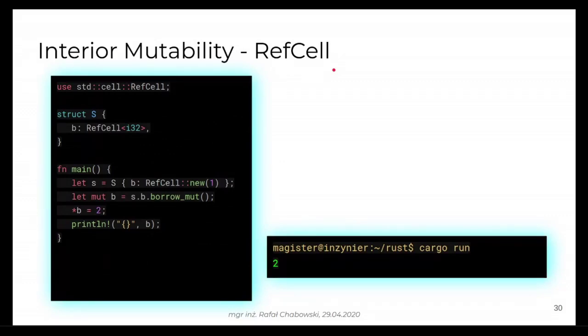Okay, here's a similar example with the RefCell. By using RefCell, you need to explicitly gain access to the value stored inside. You need to ask RefCell if you can borrow this value mutably. Internally, RefCell will make sure that you cannot do it more than once at the same time, and will enforce any other borrow checker rules at runtime. So this code will compile and will also modify the value.